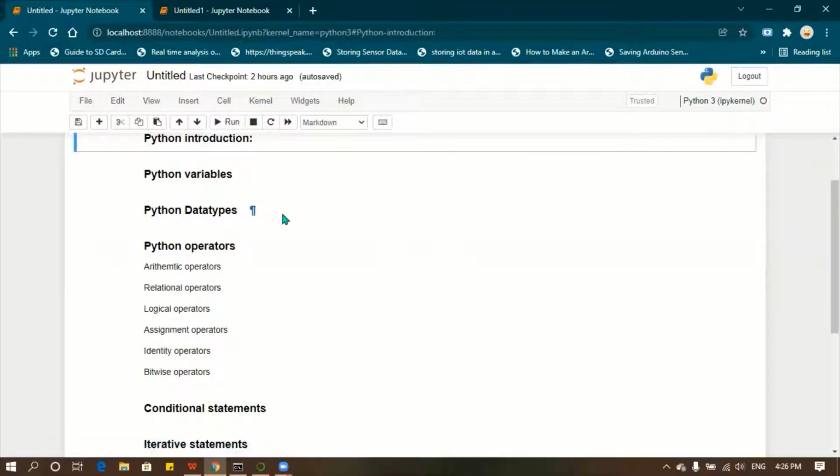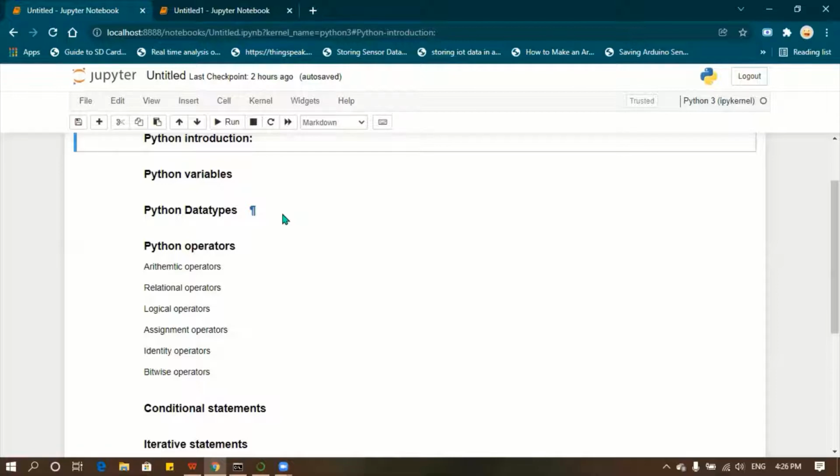So as for the Python, it is a high-level programming language. It is platform independent, and we can say that it is an object-oriented language. What is object-oriented language? We can discuss those things in tomorrow's class. Today we are going to do only the basics. So in tomorrow's class, we will discuss those things.